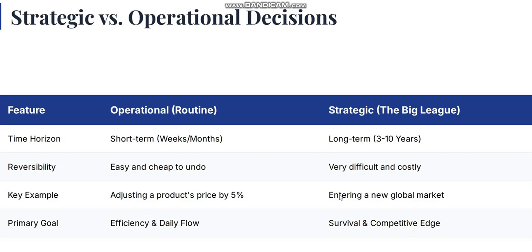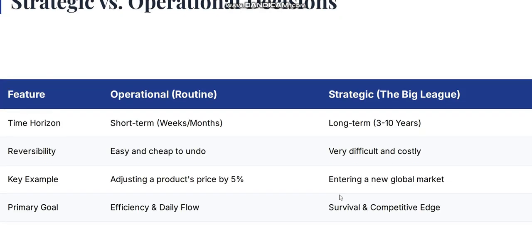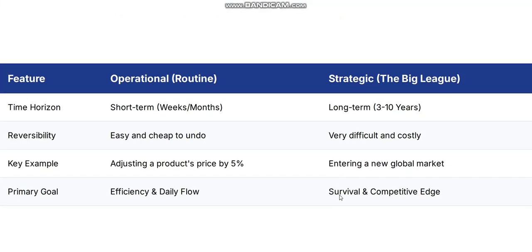Well, let's dive into strategic and operational decisions. What does that mean? Operational could be routine, day-to-day business, everything. So strategic is the big league, big achievement, and big loss could take place, right? Time horizon: short term, weeks, months, that could be operational. Long term is 3 to 10 years. Reversibility: easy and cheap to undo. There's nothing that could happen. There couldn't be any